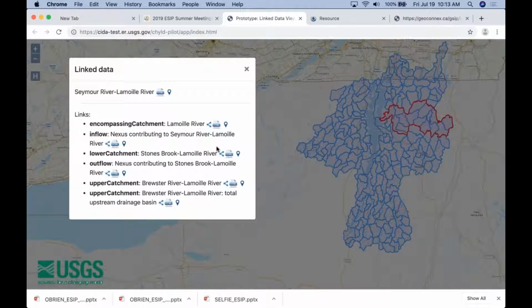I could go to the outflow of it. So I just clicked the linked data for the outflow. Let's see if some of these map geometries work. This is on very test infrastructure and not everything works perfectly, but